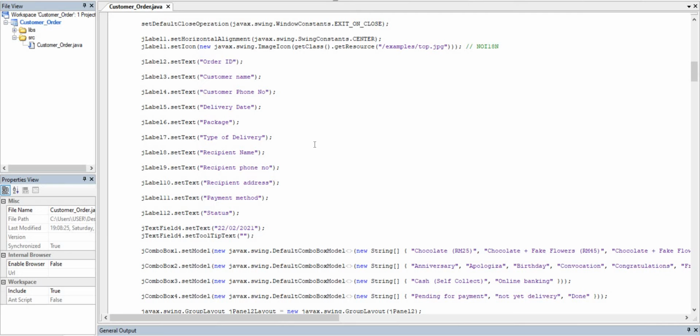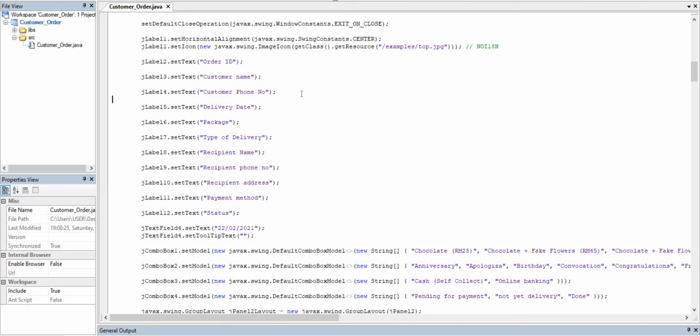Layout, and then this is the example. This is the picture for the example, top.jpg, for the logo for the PPT project.